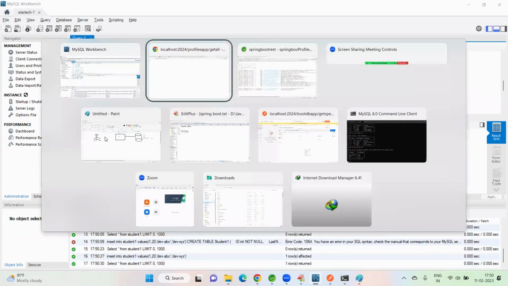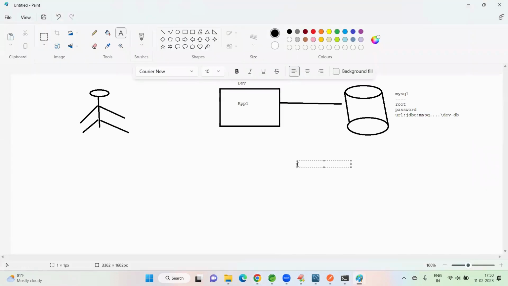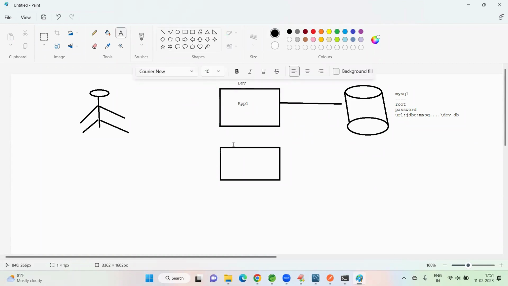Next, go to the application or browser. Refresh, it will get some data. Anyway, I got data from the dev database. Okay, now I move this application to the next level. What is the next level? Once the code is working fine, it will not immediately go to production. It will go to the next level. Maybe different companies follow different approaches. My company is following